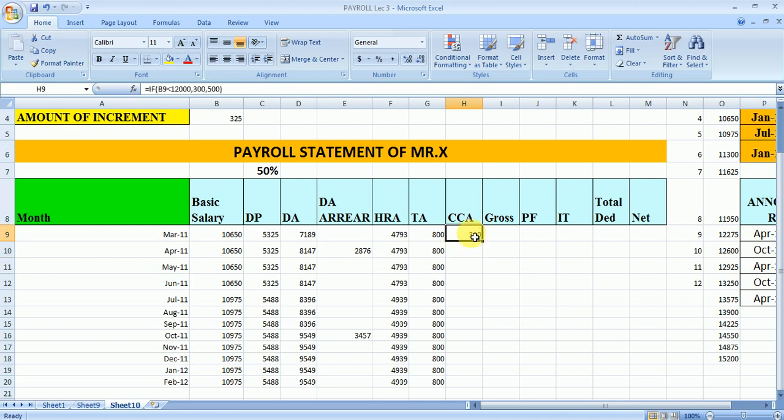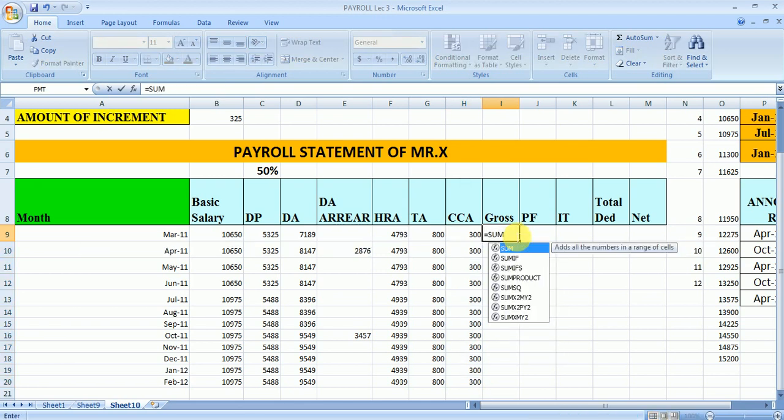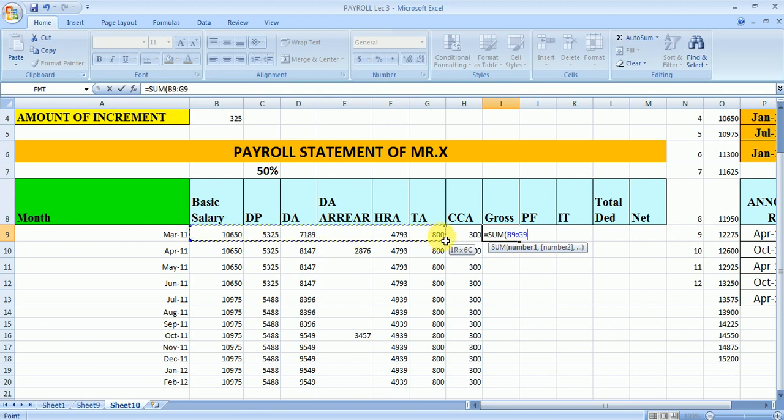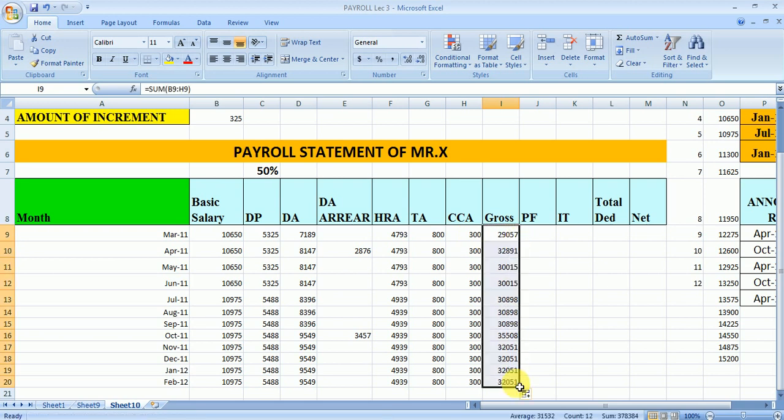So in this way we will be getting the CCA value. Now the gross will be equal to the sum of the basic salary and all the allowances. So we will simply add these values and then enter, and for the others we can simply drag it.